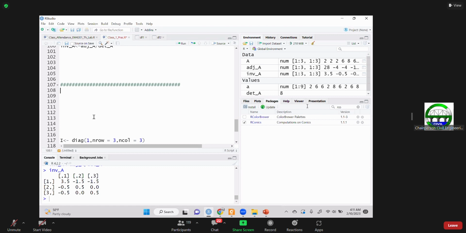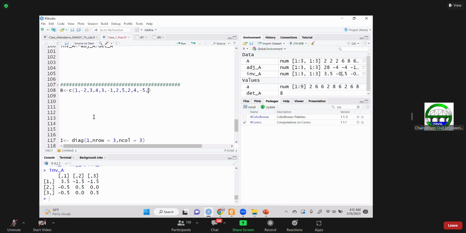So your matrix values are B is equal to c of 1, minus 2, 3, 4, 3, minus 1, 2, 5, 2, 4,